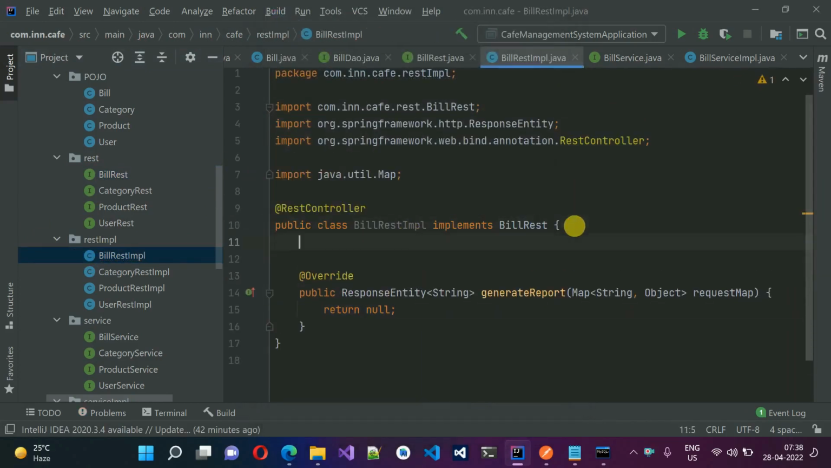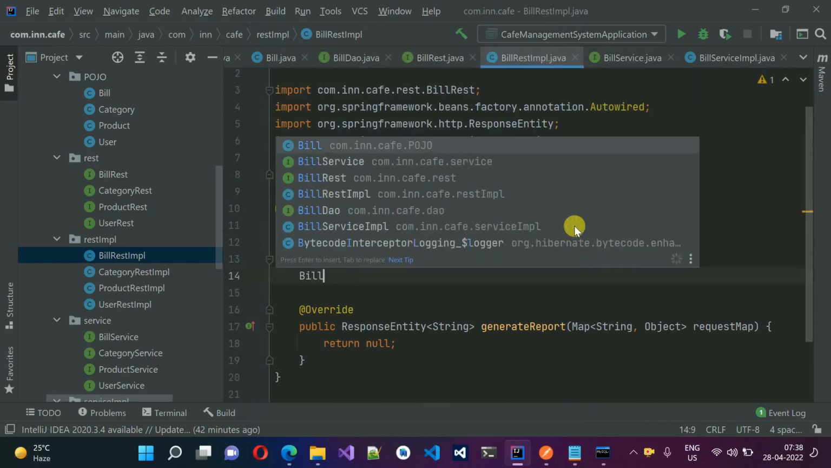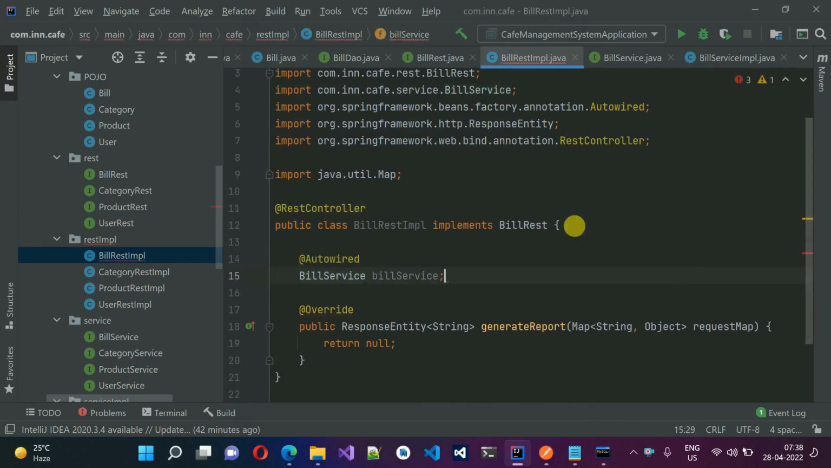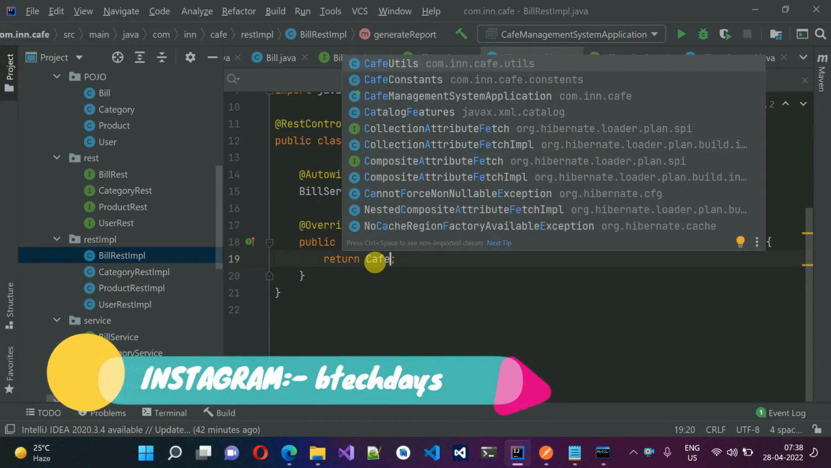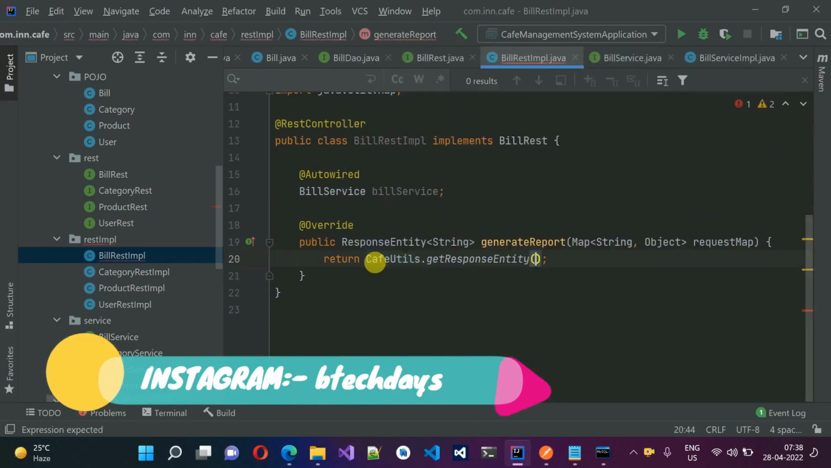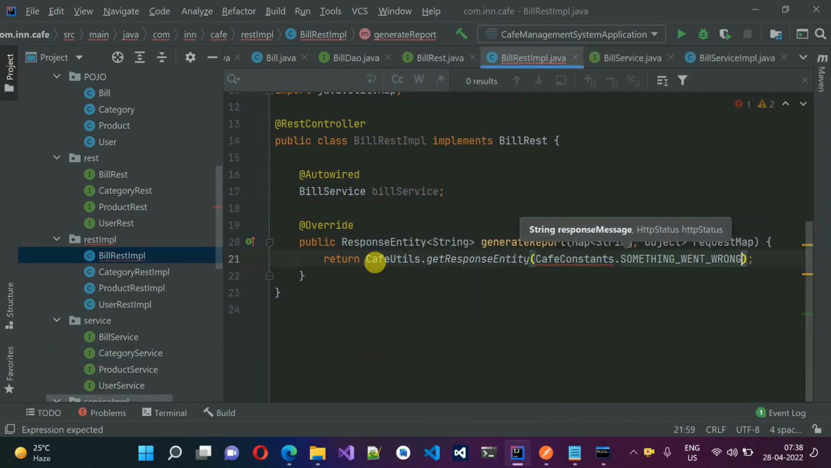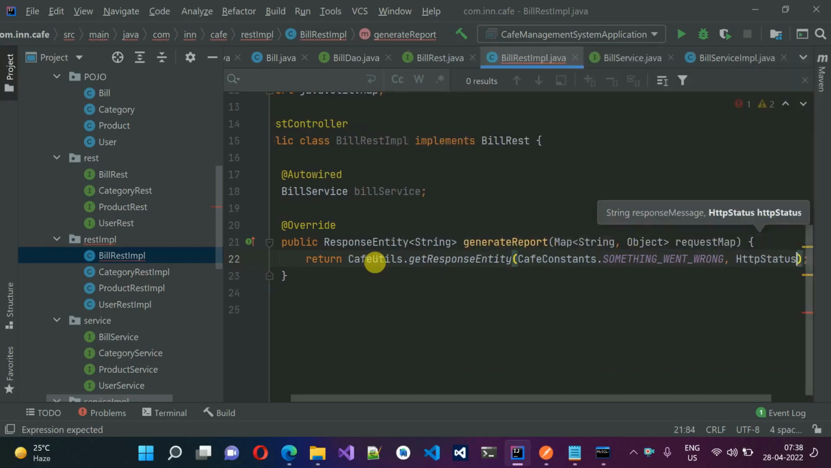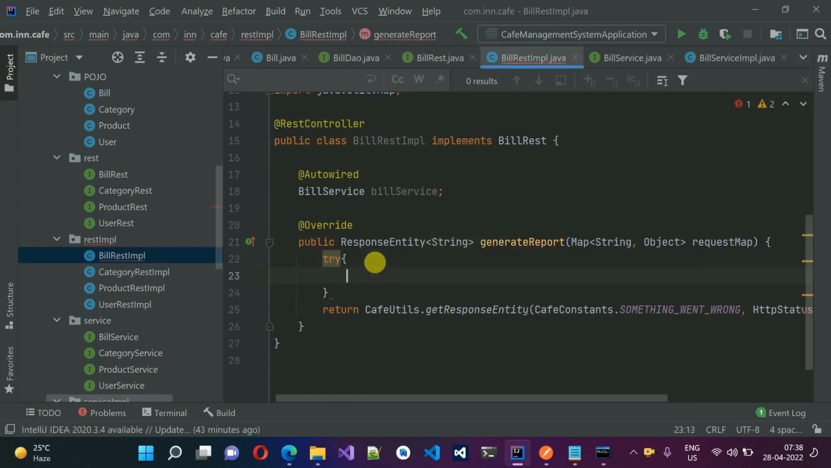Next thing what we have to do is @Autowired BuildService in order to call it. So first thing, if anything goes wrong, then we want to return the error message, that is internal server error. For that, just return CafeUtils.getResponseEntity, and we will pass CafeConstants.SOMETHING_WENT_WRONG and HttpStatus.INTERNAL_SERVER_ERROR. So in case anything goes wrong, we need to put the code into the try and catch block,